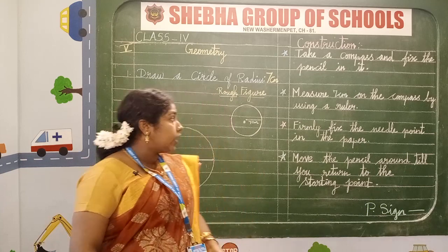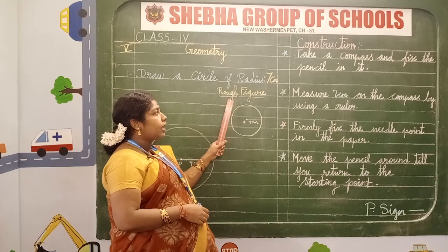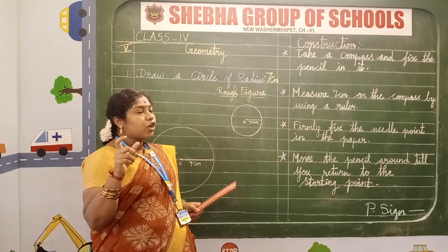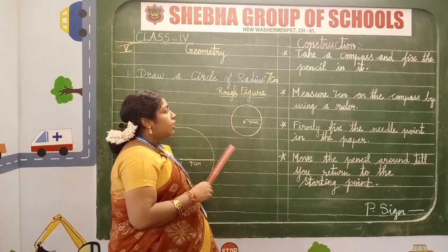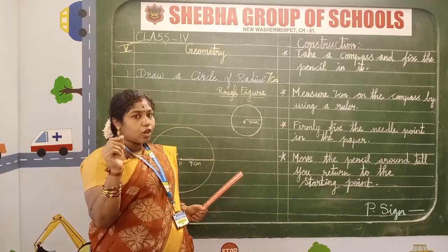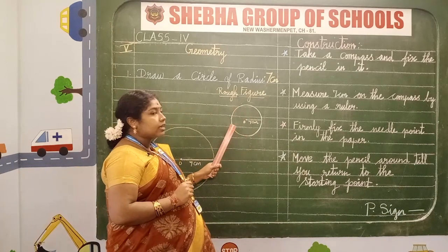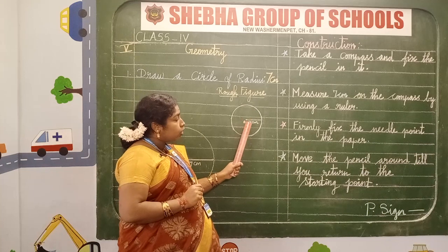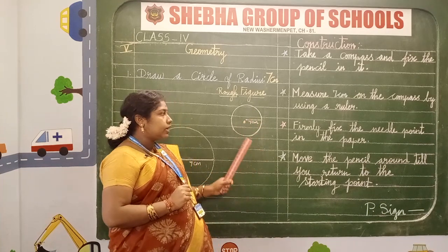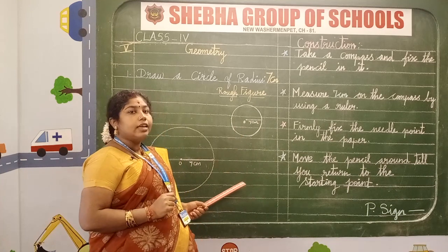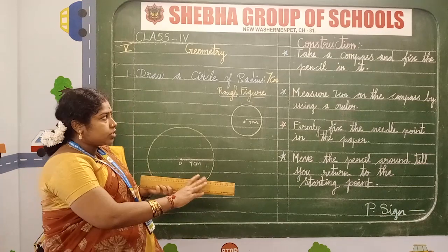Children, before drawing the circle with the compass, we have to do the rough figure. Using your pencil with a bangle, you can draw this rough figure. Draw neatly, children. Sharpen your pencil, that is a must. Draw a line using a ruler and mention O, 7 cm. That O is the center of the circle. Clear, children?